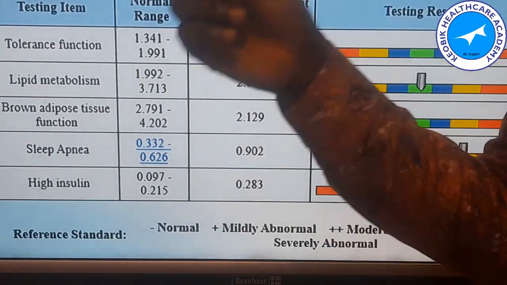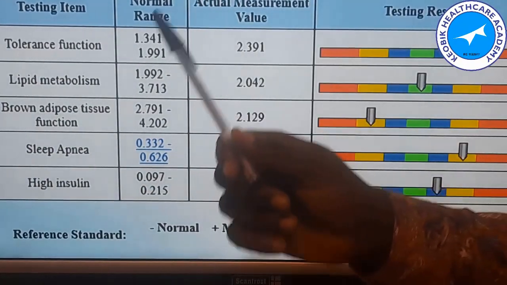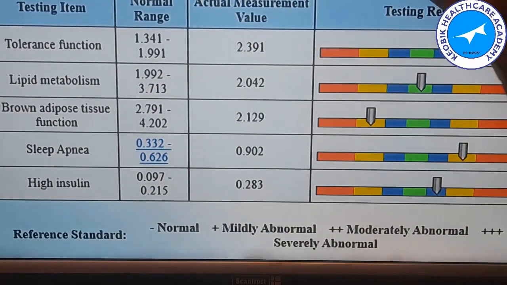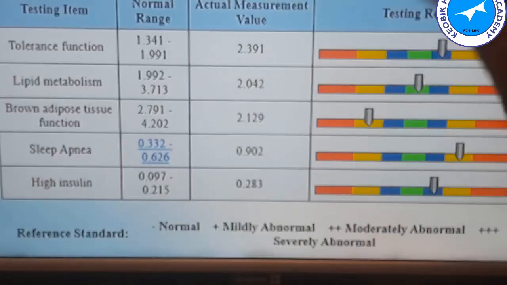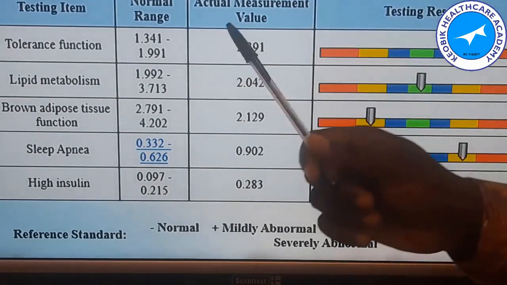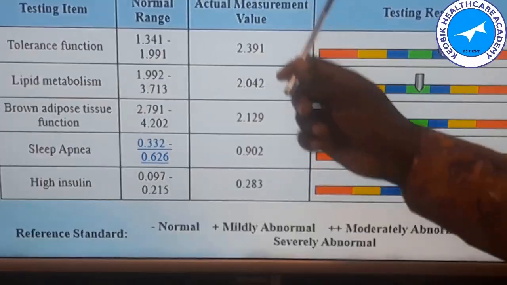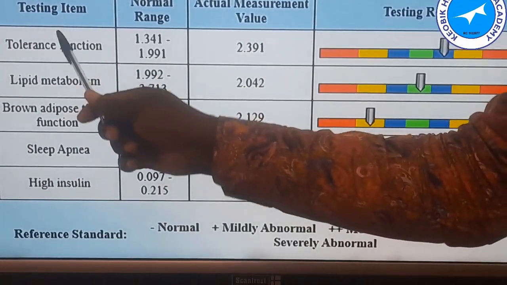In a case of type 1 diabetes, insulin is produced but is being destroyed by an autoimmune disorder. For type 2 diabetes, it's a case whereby there is limited production of insulin,